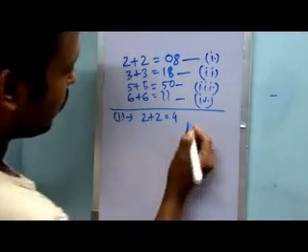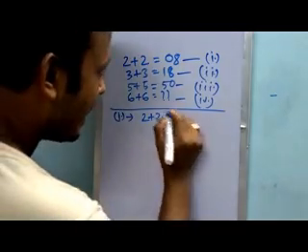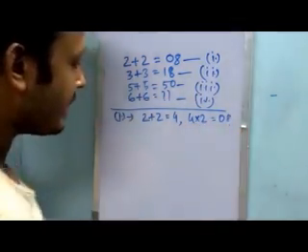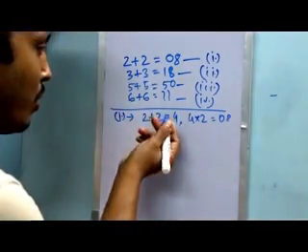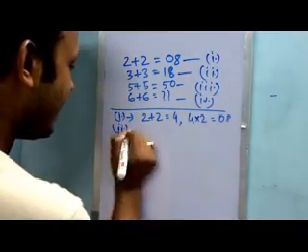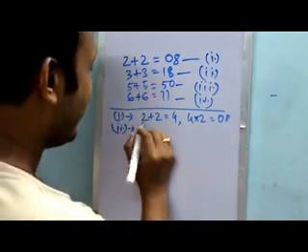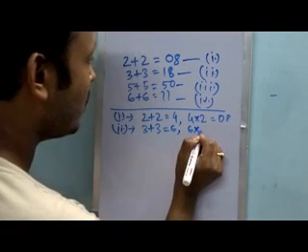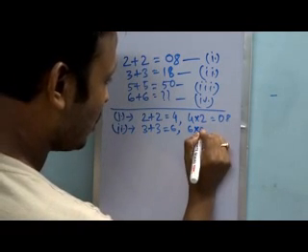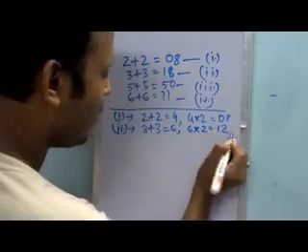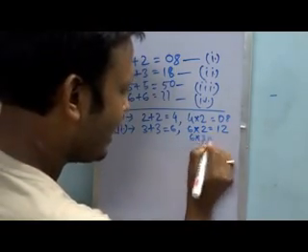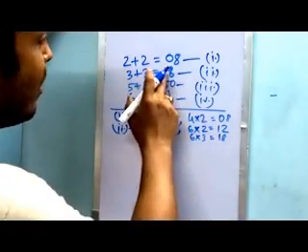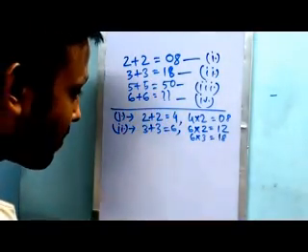You know 2 plus 2 equals 4, and 4 into 2 equals 08. But if you put the same logic in row 2, it will be 3 plus 3 equals 6, and 6 into 2 equals 12. Or you can say 6 into 3 equals 18. So this 18 equals this 18 in the question figure.